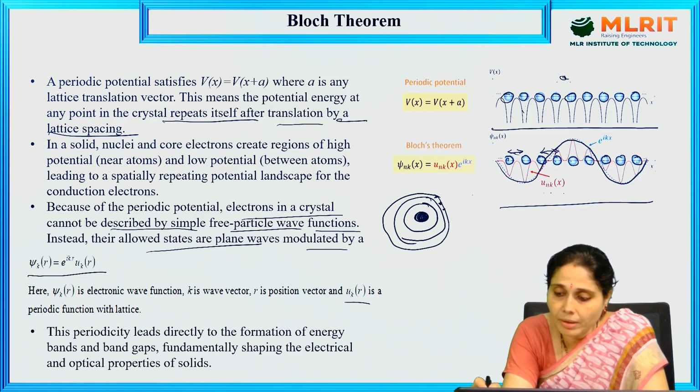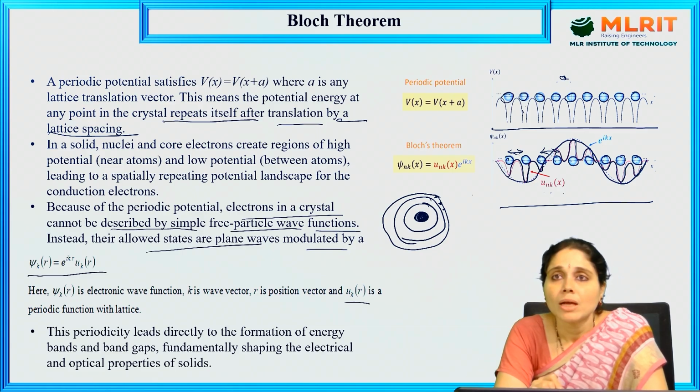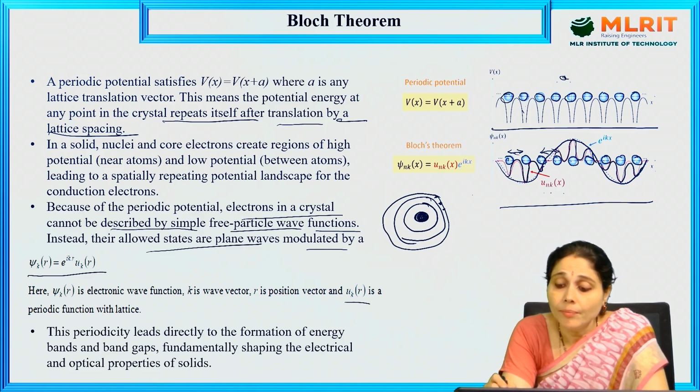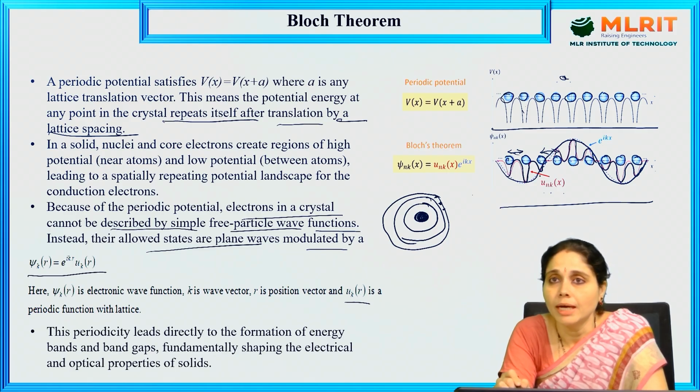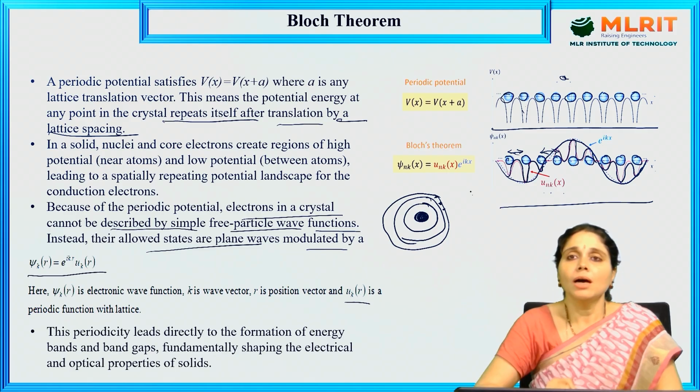The final waveform will be like this, wherein we can find the existence of both potential and electron movement also here. Okay, this is about the Bloch theorem